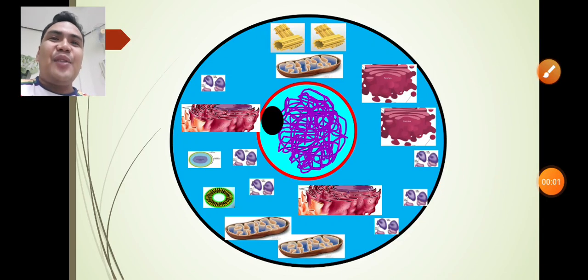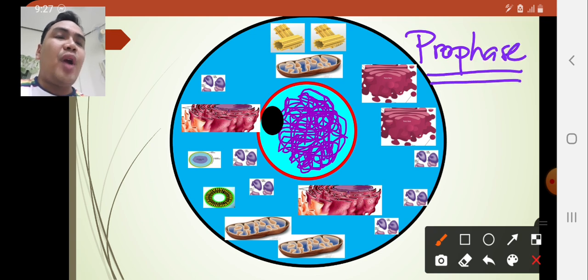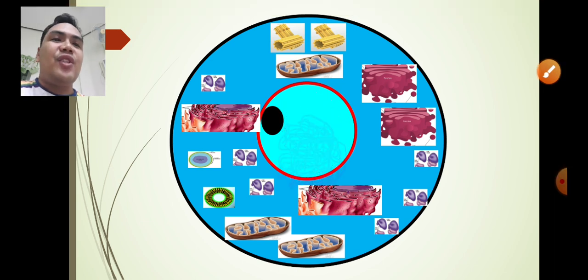At this point, let's now discuss the first stage of M phase known as the prophase stage. Okay, so you have the prophase stage. In our example, there are four main significant events that occurred under the prophase stage. Let's try to discuss these events. Okay, so let's have the first one.